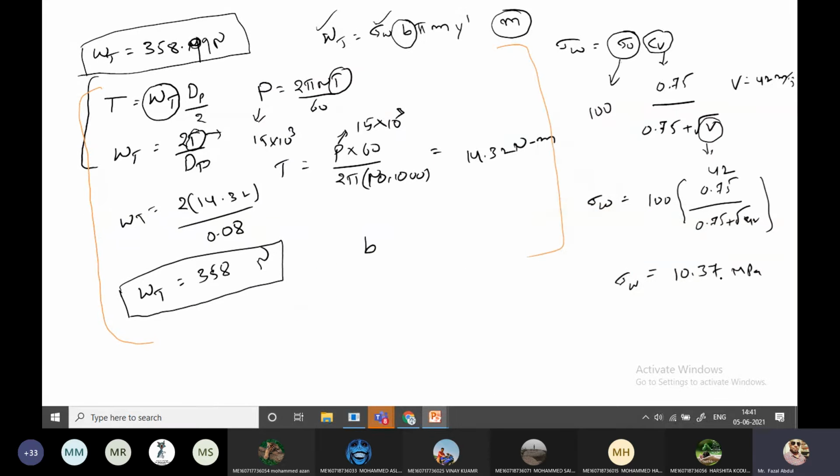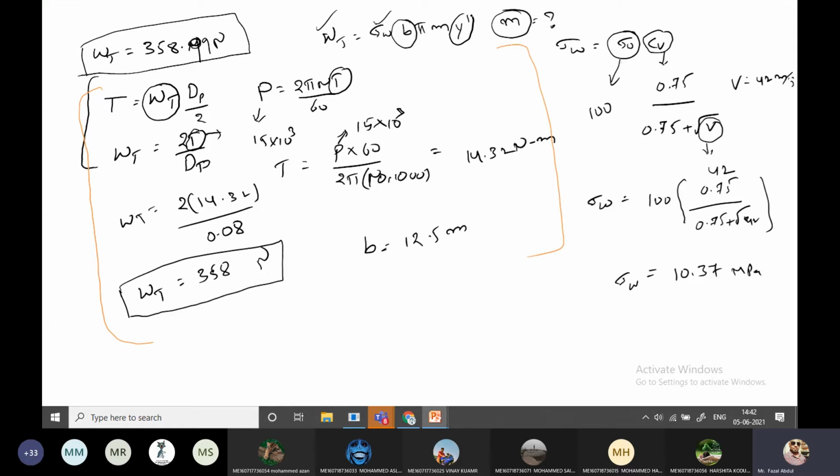I am taking the face width B as 12.5 module. Why am I taking it in terms of module? Because the question itself is asking what the module is. If I take the module, we'll get the equation in terms of module. So finally, in the total equation, only one unknown parameter remains, that is the module. That's the reason I'm taking the face width as 12.5 module.